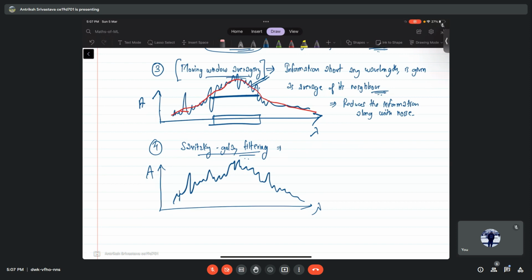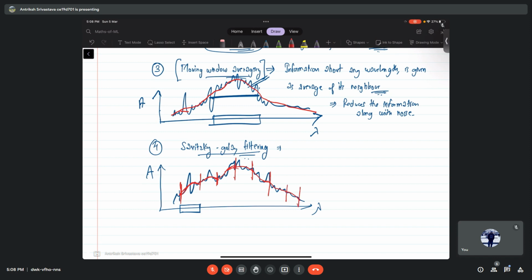Here also we have a window size. Now what I will do is fit a k order polynomial for the data within this window. So maybe in this window I get this kind of polynomial, in this window I get this kind, here I get this kind. So like this